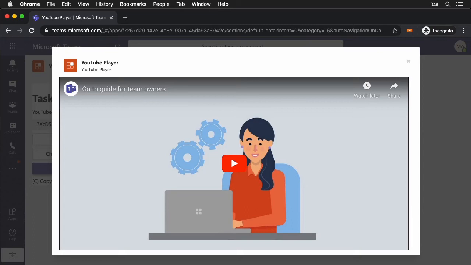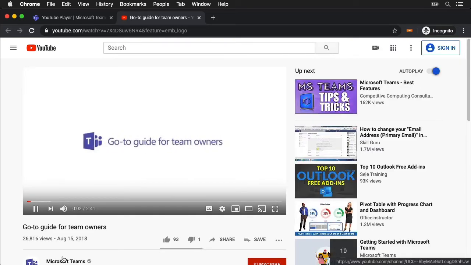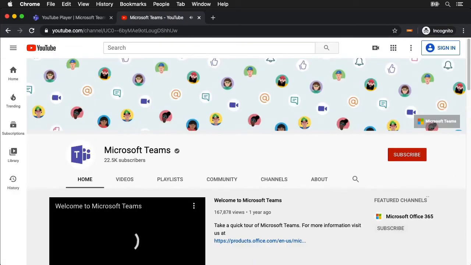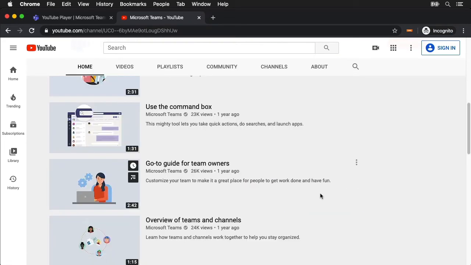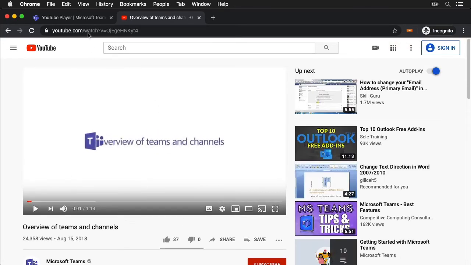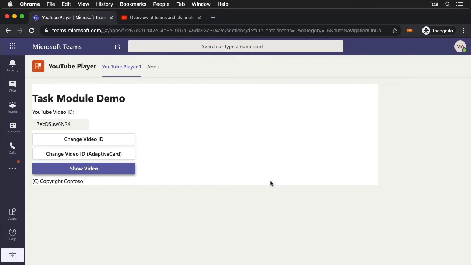Now, the format of a deep link, we went through it just a minute ago in the lecture, but let's create an instance of a deep link for that we want to launch this player here. So let's go grab yet another video ID from this channel, so we can make sure that we can see everything's very unique. So let's go to overview of teams and channels. We don't need this to play right now, but